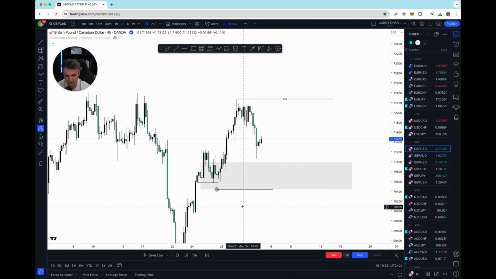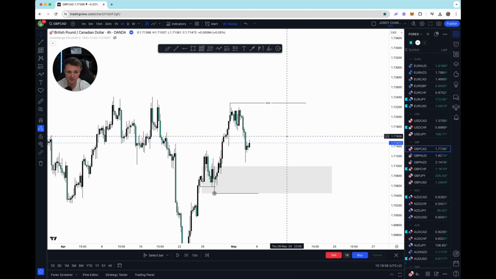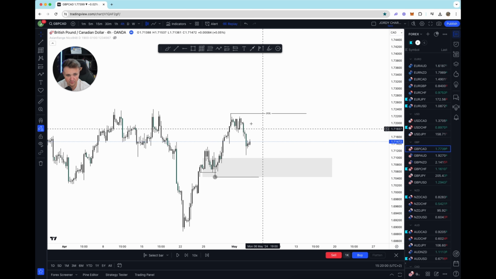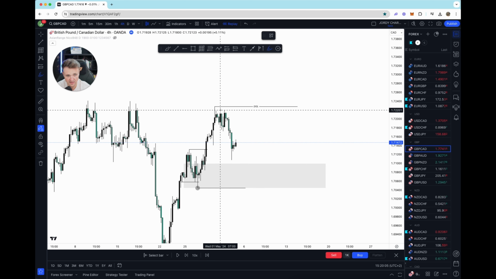I'm going to make it a bit bigger right now. Quite simple. And we decided that we want to take a position right there because why? We are bullish. We're trading with the trend. As you can see, we're breaking structure again right here to the upside. We have our higher high.